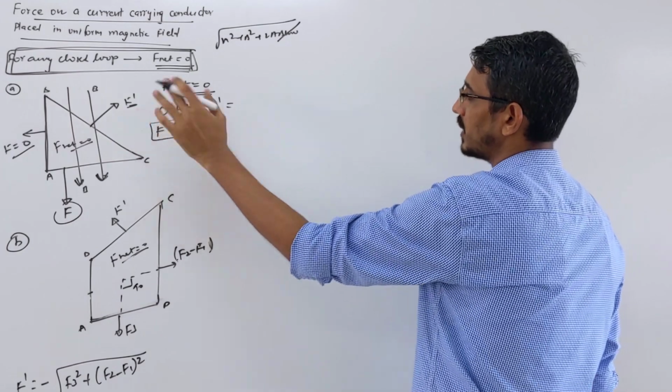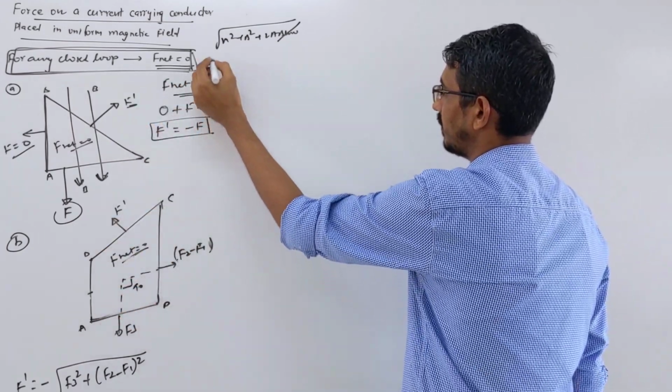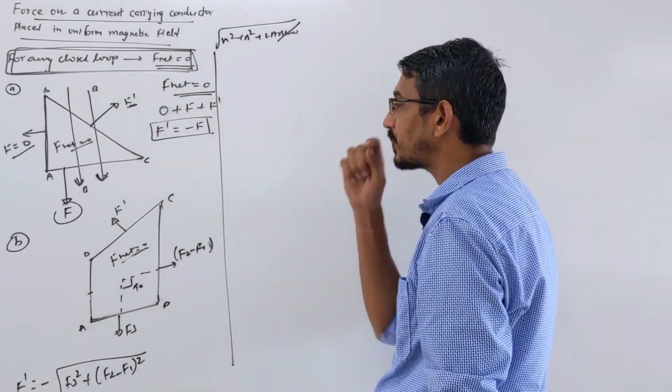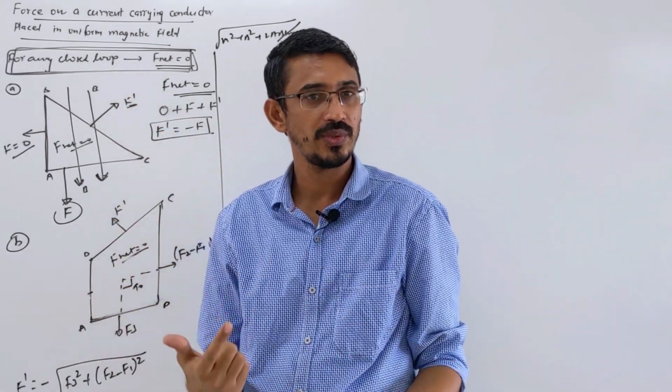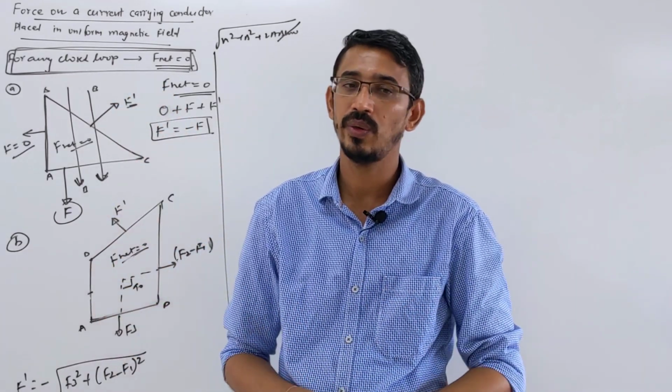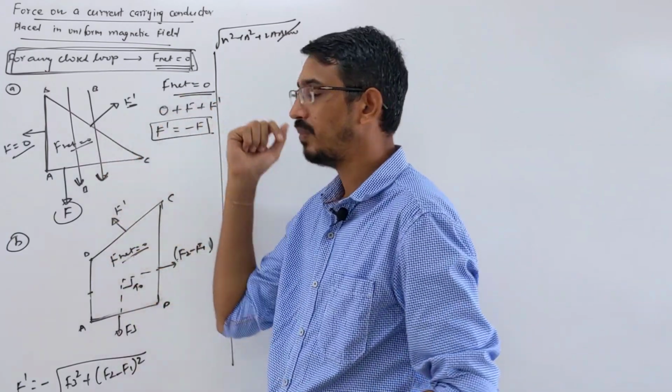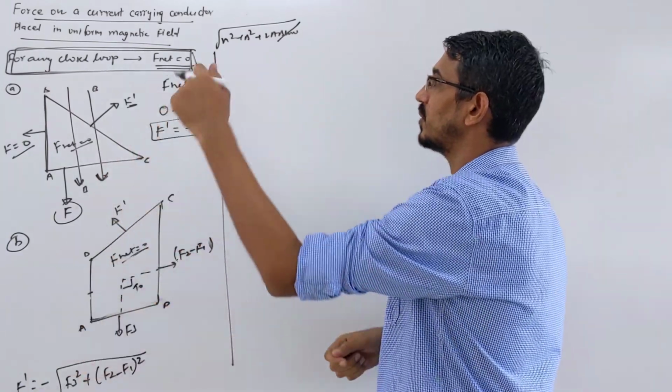Okay, apart from this, some other questions have also been asked. I think this is enough to understand. Okay, closed loop, you understood then, net force in a closed loop is zero. So we will talk about the torque on a closed loop a little later. Before that, I will do some other questions based on just wire.